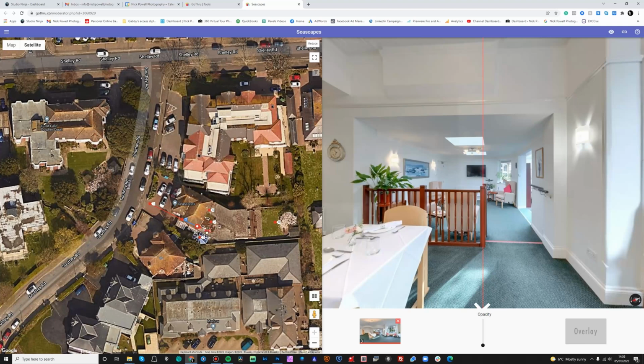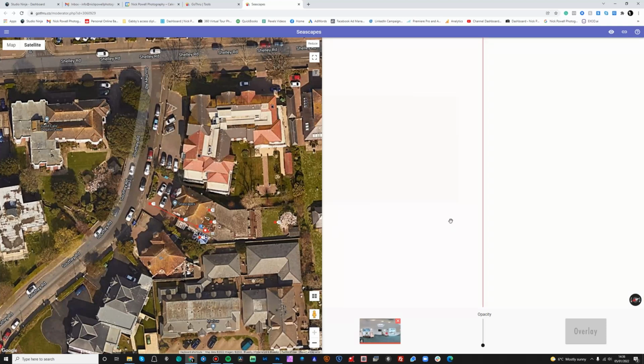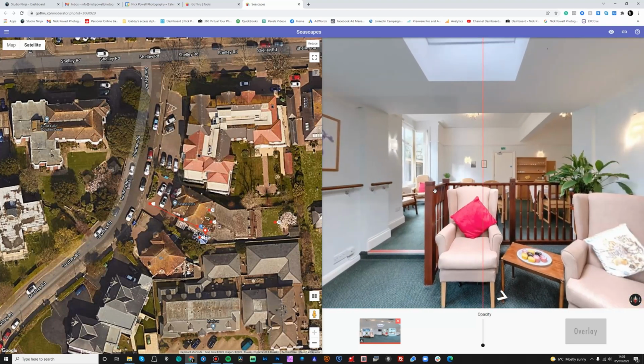Now, if you place these dots too close to each other, you're not going to be able to click on that dotted line. So what I tend to do is put them slightly further apart, click on the line so they're connected, and then just drag it closer, like so. So that's there, and then we'll click on number 4, and then we'll rotate this around to face there, and then we want to do number 5,